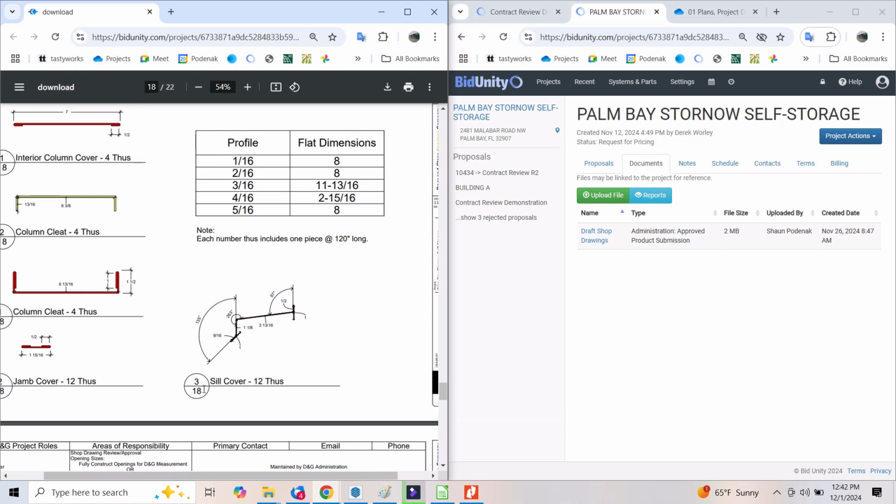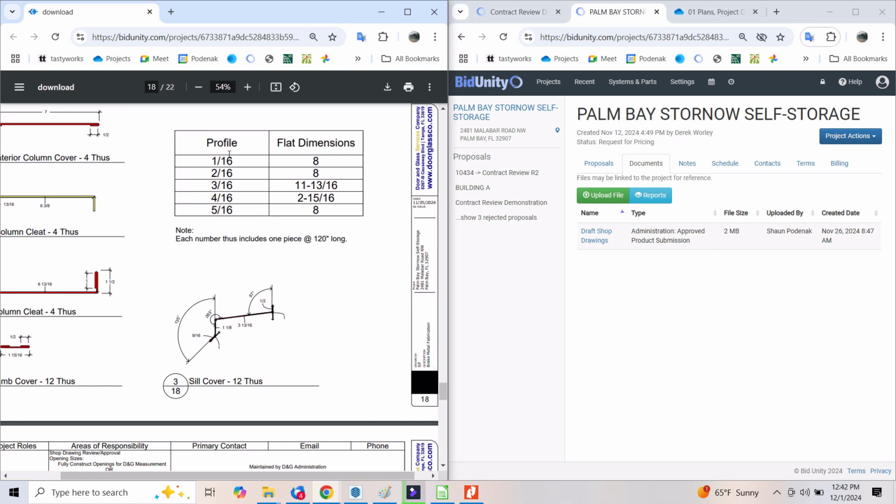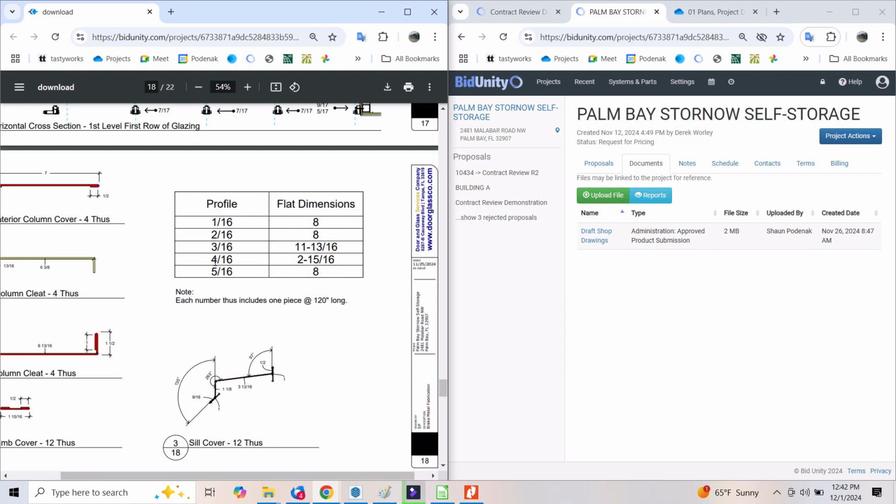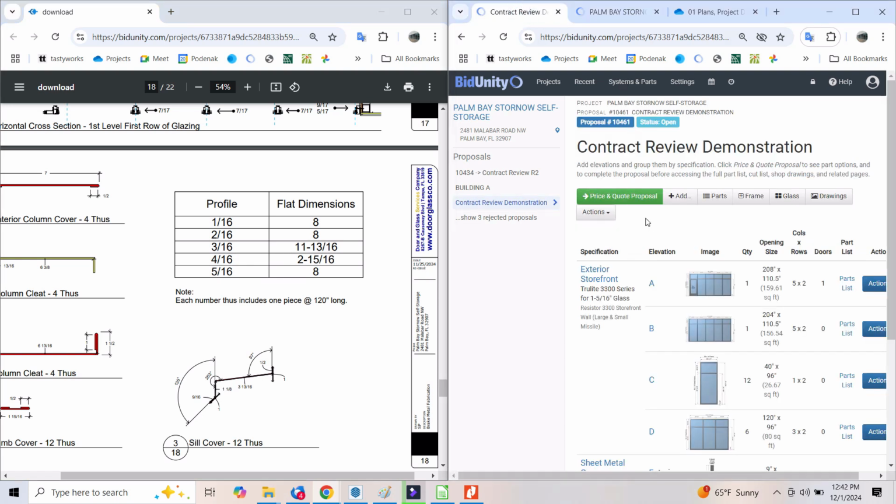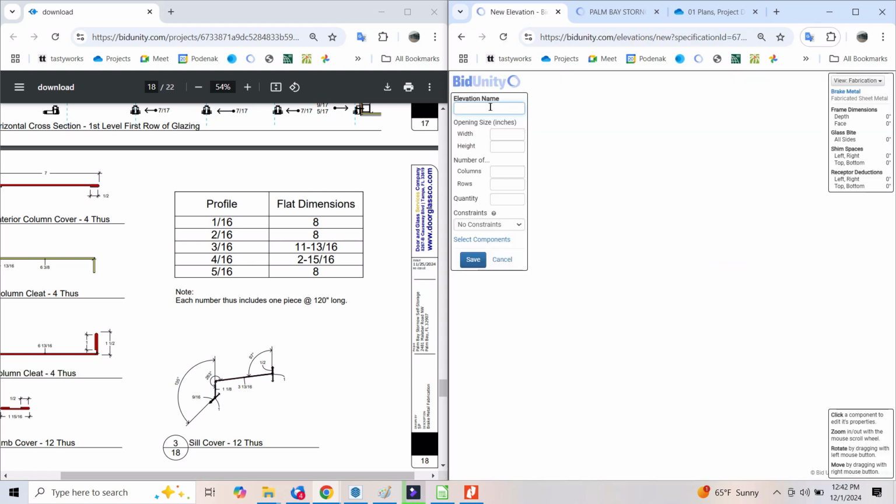So I have all the dynamic page numbers here in my table. I didn't use auto text. It just references page 16 because I typed in 16. I recycled this content from a previous shop drawing. Okay, so let's just call it 11 and 13 sixteenths as we add these in here. So my sill cover, I'm going to call this second,